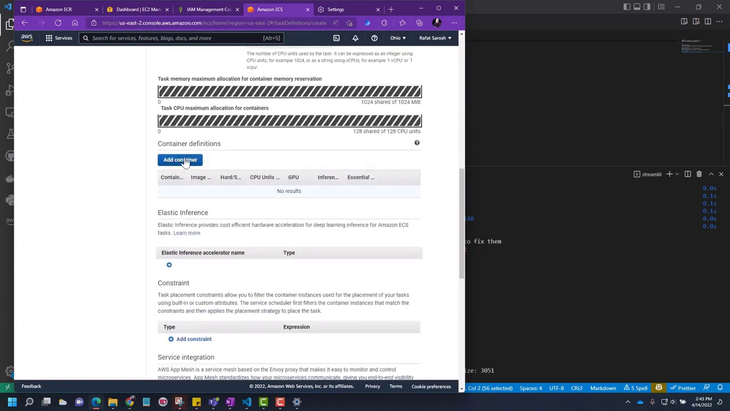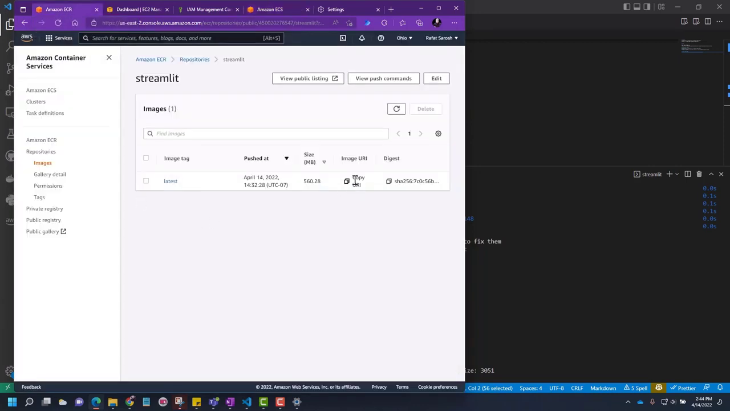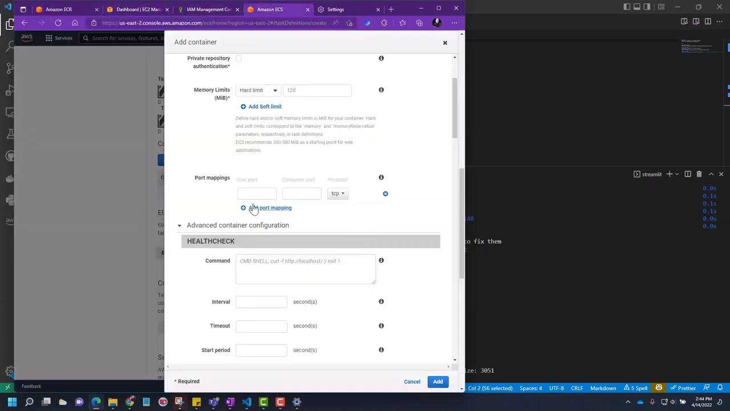And then this is the place where we are going to add the information about the container. So container name, Streamlit, and this is the image path which we have copied before, and we have to paste it here. Where did we get this? It was here. Go to ECR in the registry and copy this URI from the latest. Now coming back, leave everything